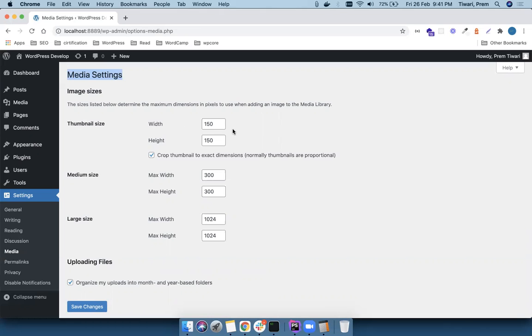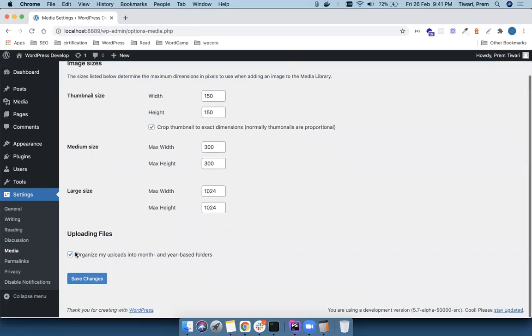As of now, I have set the width equal to 150, height equal to 150, and I have selected crop thumbnail to exact dimensions. Normally, thumbnails are proportional. Medium size has a max width of 300 and max height of 300, and large I have set as